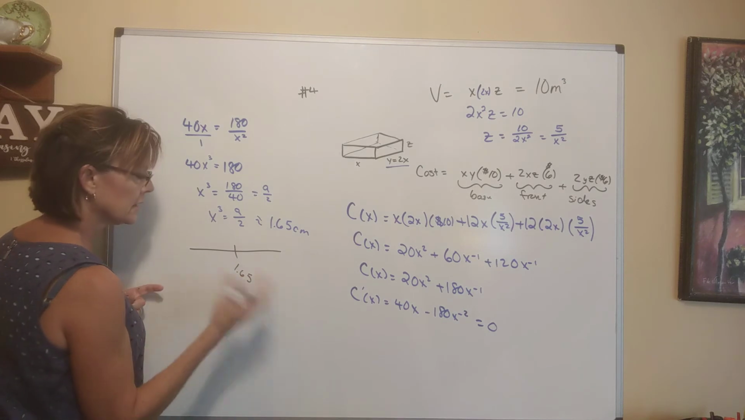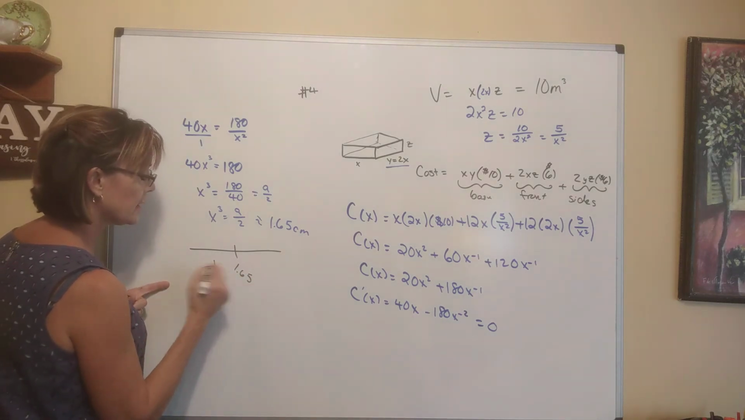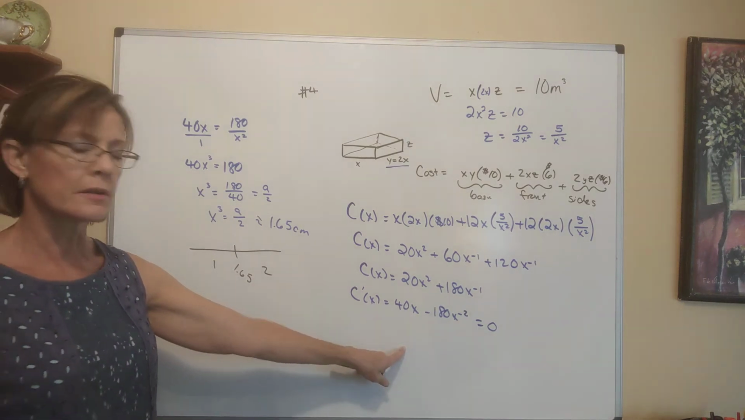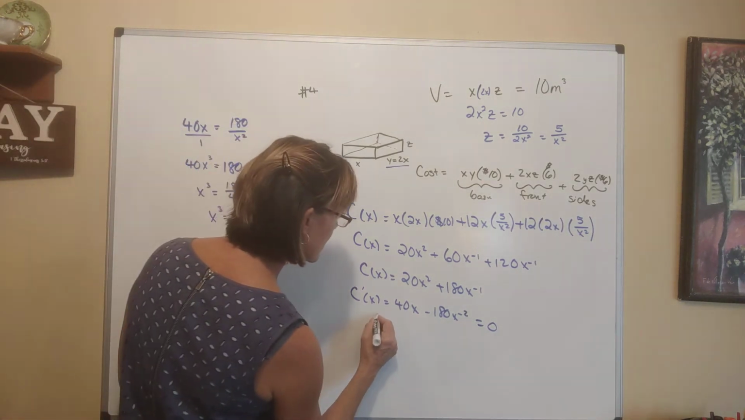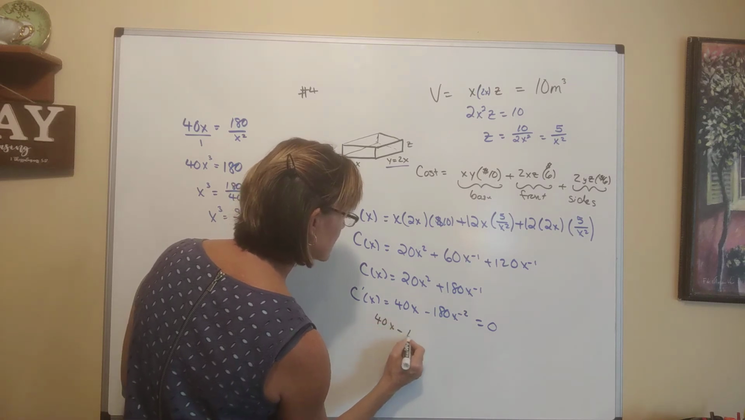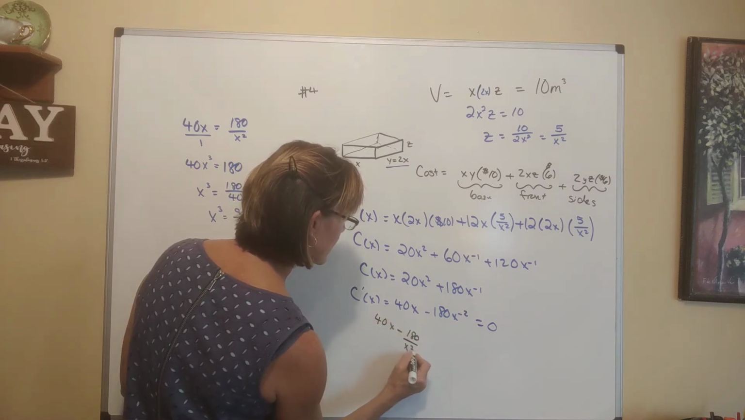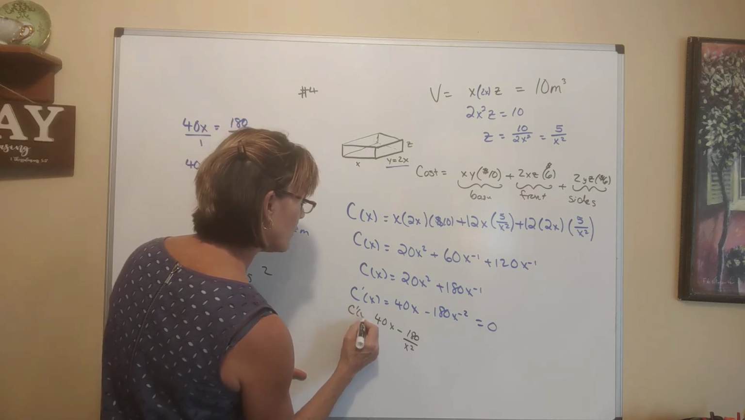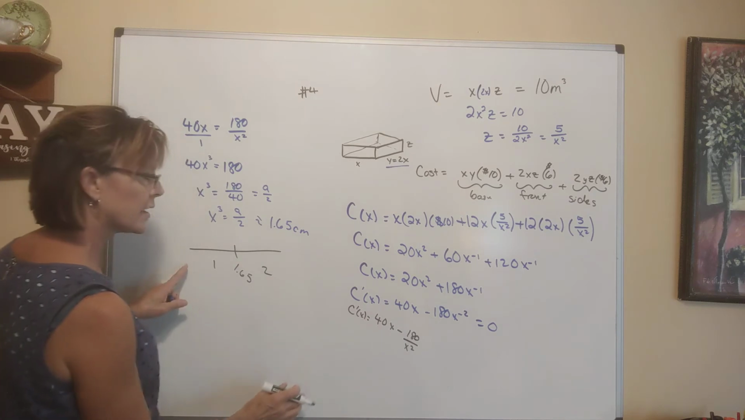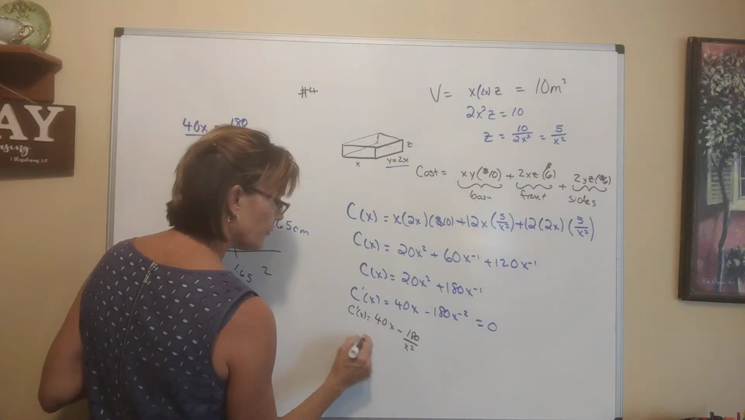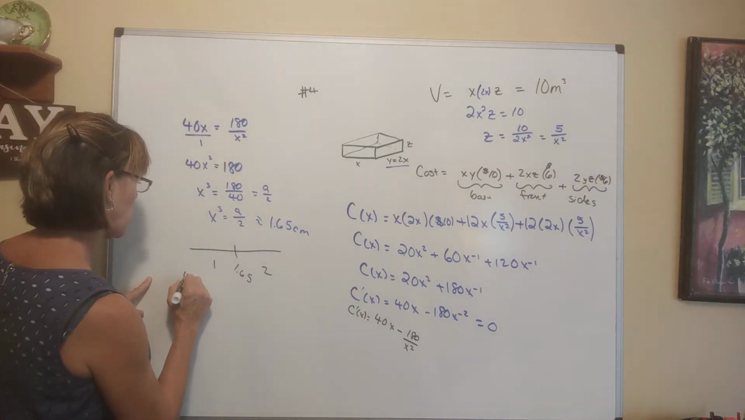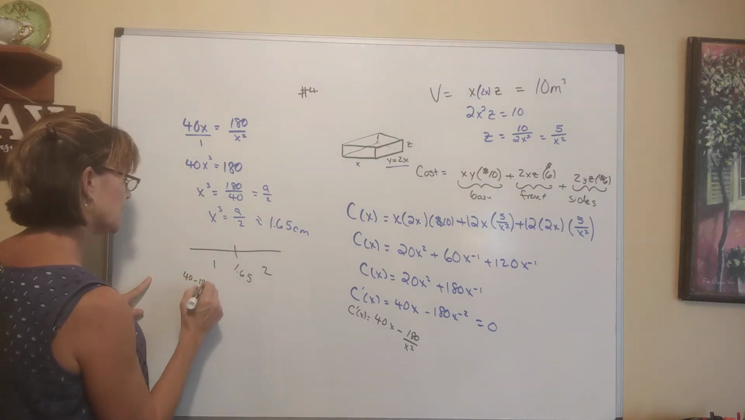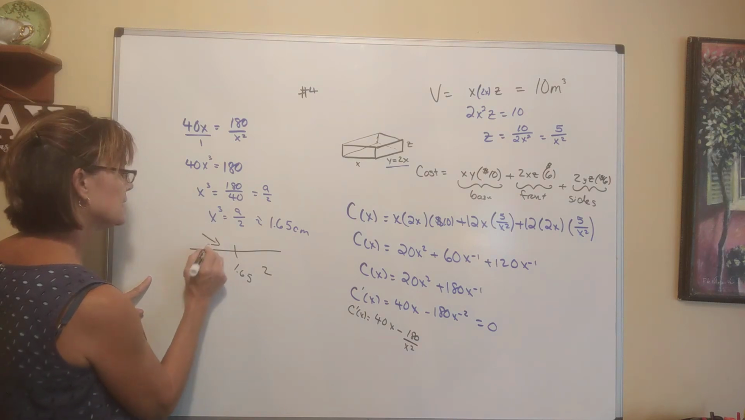Let us do our little test value. 1.65. Let's pick something to the left of that, maybe 1, and something to the right of it, maybe 2. And we'll plug it in our derivative, which is right here. So this is really 40x minus 180 over x squared. What we're checking is to see if we get a positive or a negative. When I put in 1, I'll have 40 times 1 minus 180 divided by 1, which is a negative number,